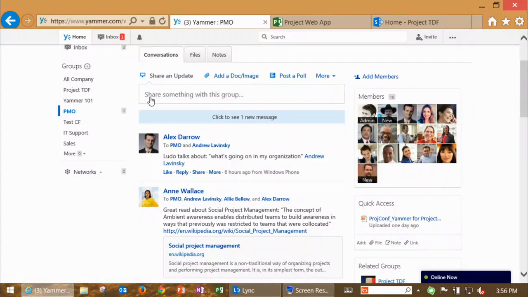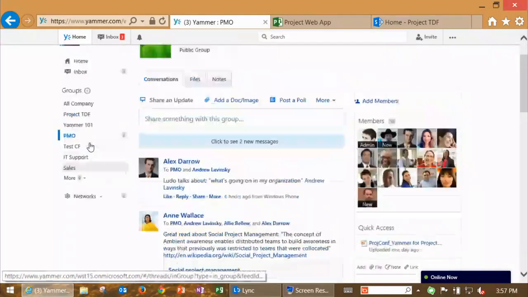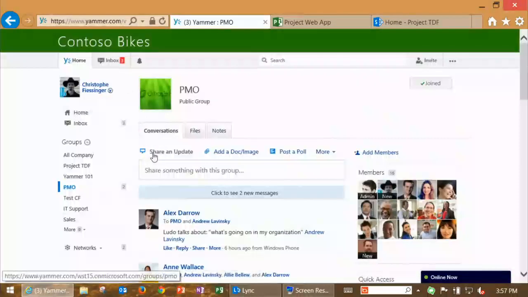Now the concept in Yammer is, by default, when you create a group, it's open. And that's one of the key things that typically differentiates this type of communication from, let's say, a distribution list in email or a SharePoint site. By default, it's open. All right? When you create a team site in SharePoint, by default it's scoped to a team or whatever group you pull down from the master list or whatever you put in manually. So the idea here is, if I create a group, I'll come back to that.